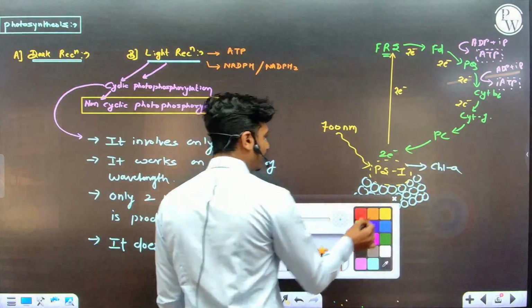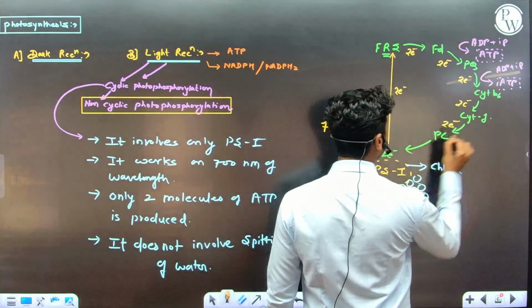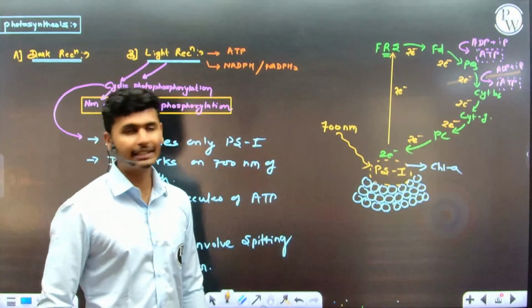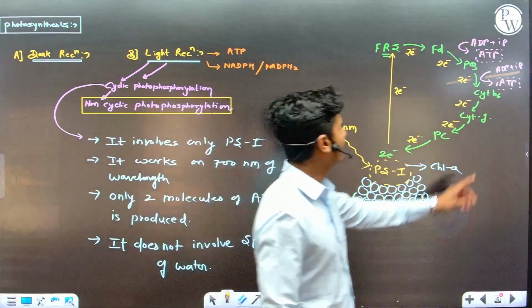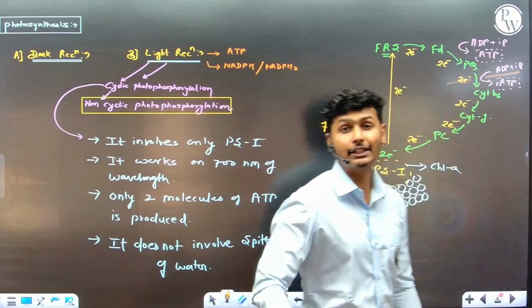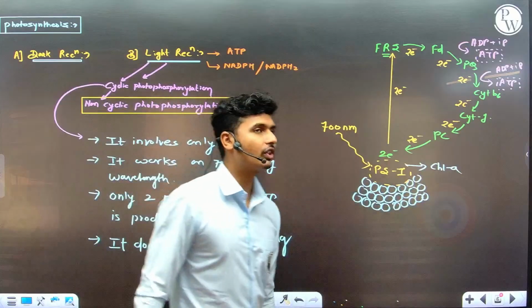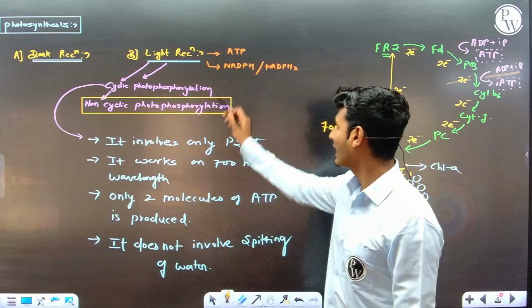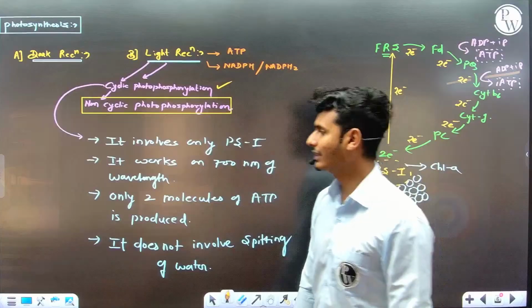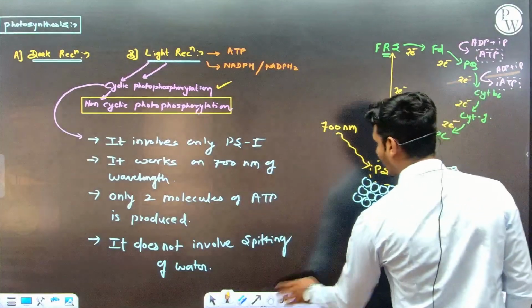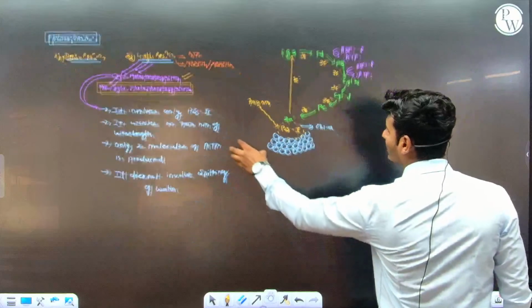Two electrons, negative. Thus, two electrons come to PS1 in a cyclic manner. So only formation of 2 ATP takes place. There is no formation of NADPH2, and there is no photolysis of water in the case of cyclic photophosphorylation. And now you understood that due to the cyclic photophosphorylation,